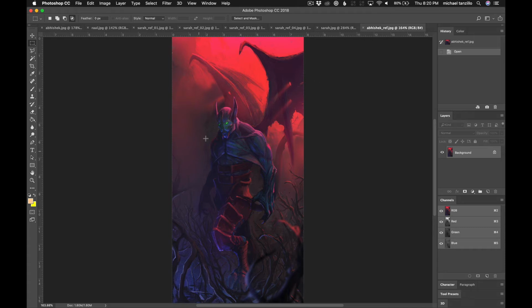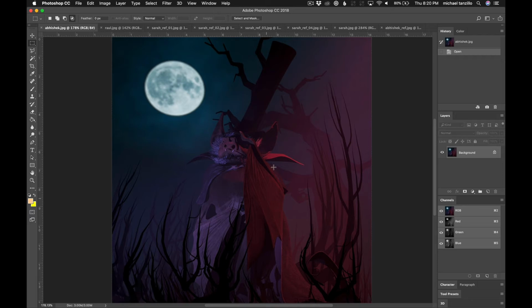So the big thing with the reference is a red light to blue light falloff, both lights hitting the character, blue light on the front, red light on the rim, with some nice transitions between the two. A lot of soft light, and the eyes being this glowy green thing. We've got some depth of field here, and some light glow happening back here. For transitioning that into this, I think we can